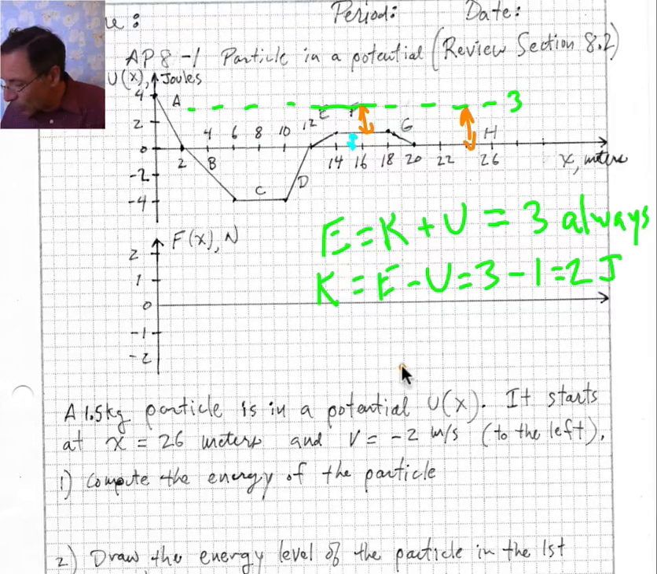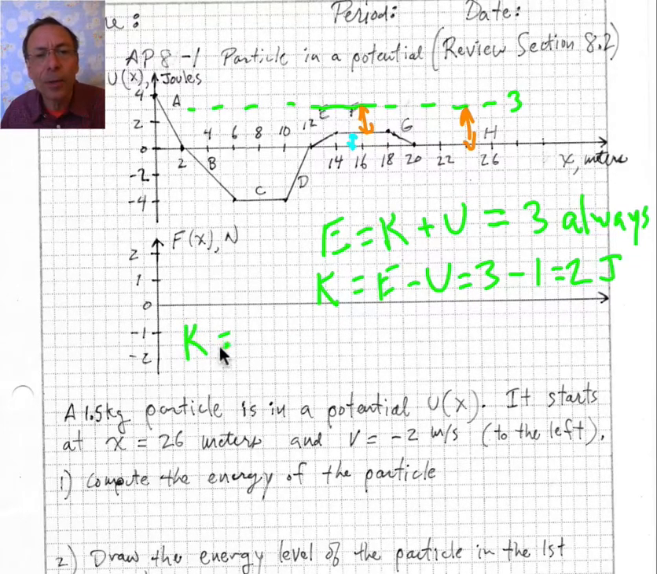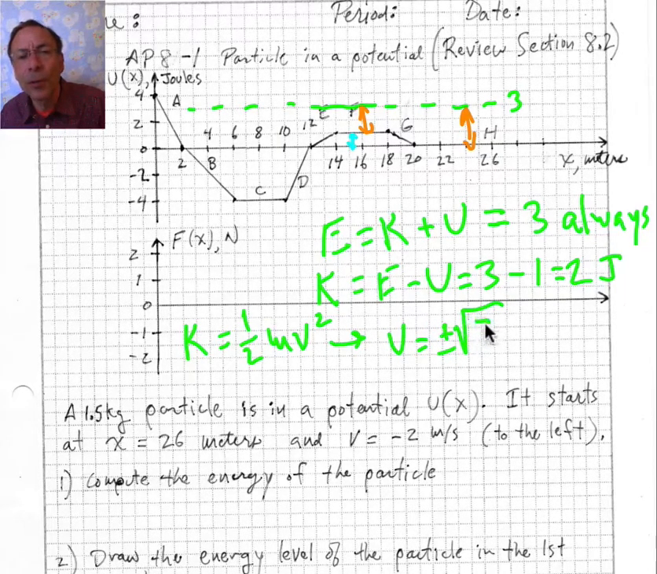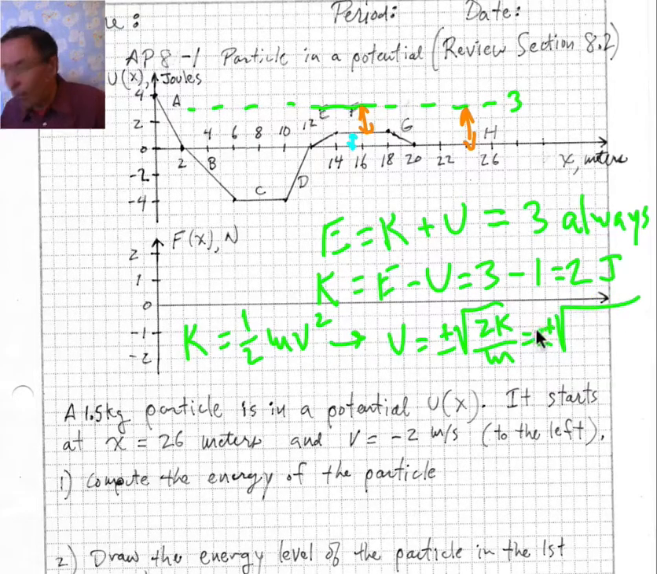Number 4. Compute the velocity in region F. Okay, well, to find the velocity, you have K equals 1/2 mv squared. You solve for v, you get v equals plus or minus the square root of 2K over m. And so it's going to be plus or minus the square root of 2 times 2 joules over 1.5 kilograms, which you do the math and put in a calculator, it works out to